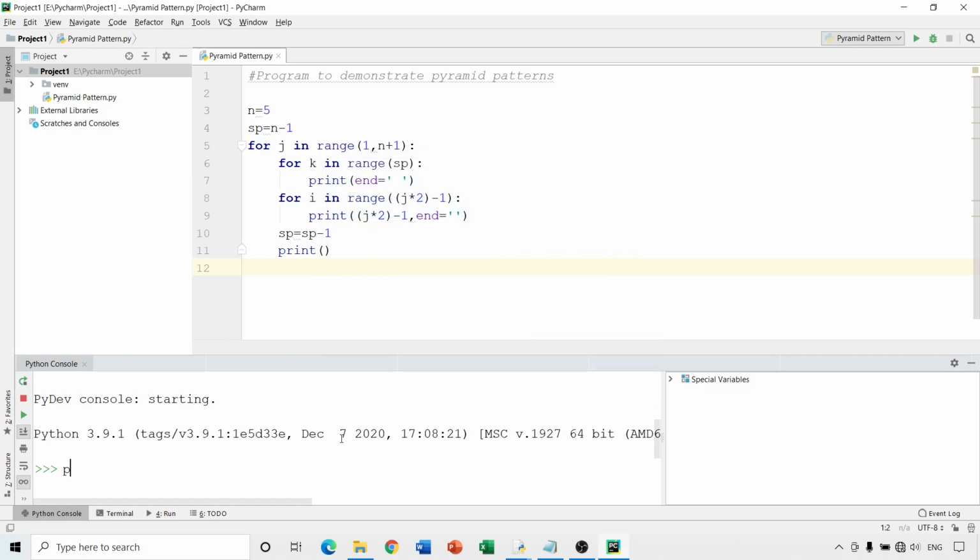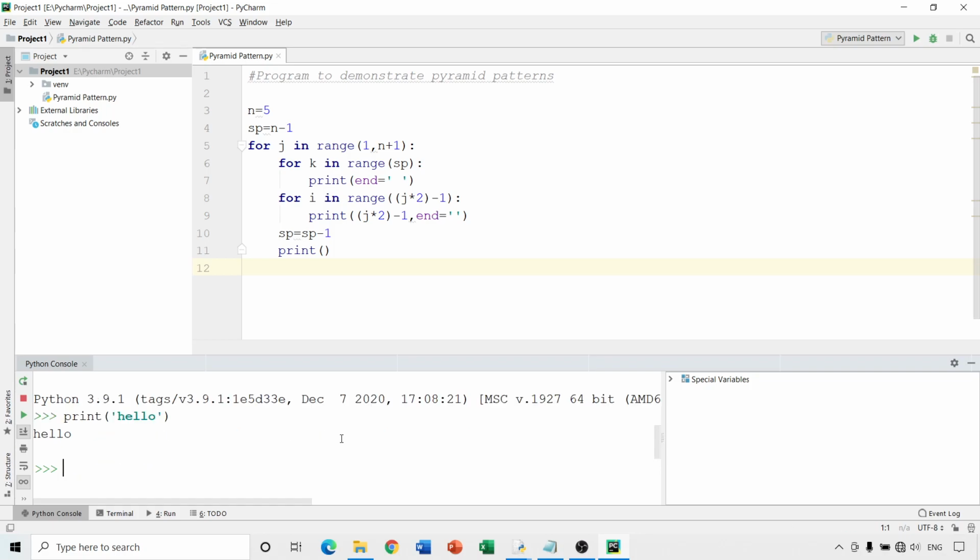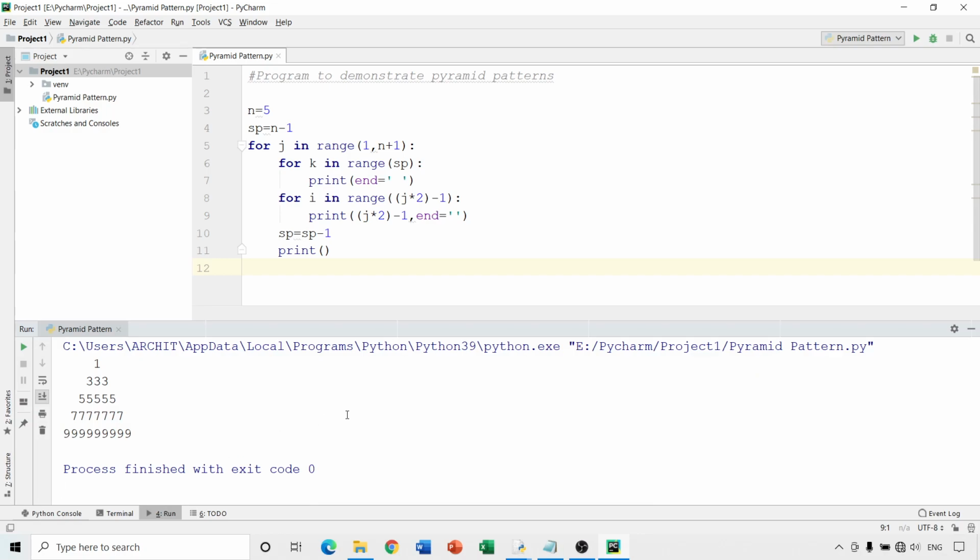Now here you can give some Python commands if you want to try. So this is basically the Python console. When you are writing programs and you want to check some output, this Python console can be used. However, we are not concerned with the Python console. We are concerned with the run window where we get the output.